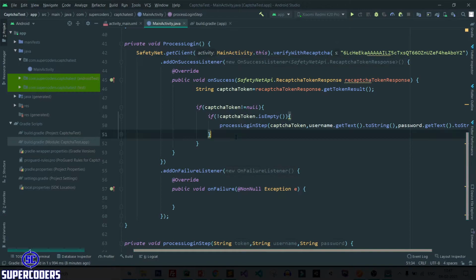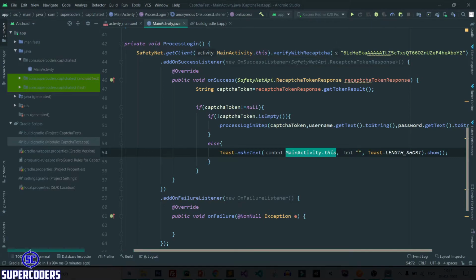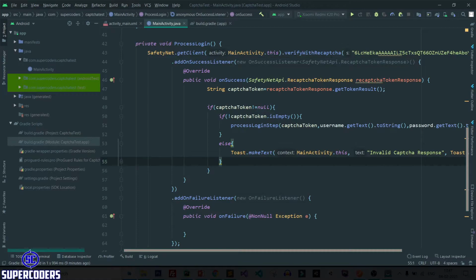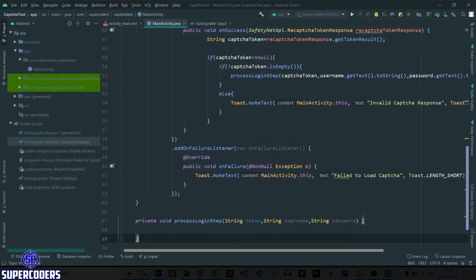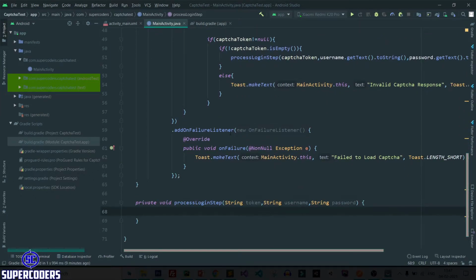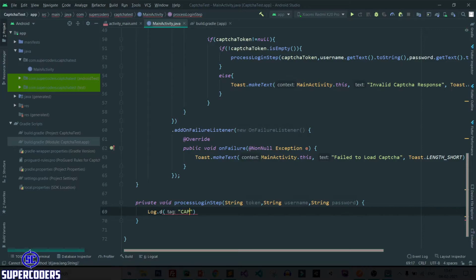Now after that, here post invalid captcha response, or also here in failure post failed to load captcha. Now after that, here simply print the token to Log.d captcha token, and simply print token.